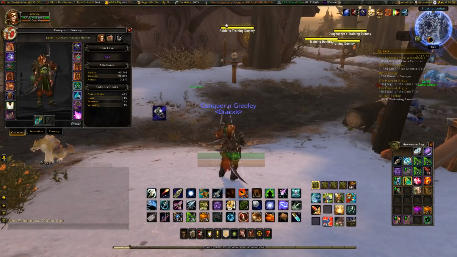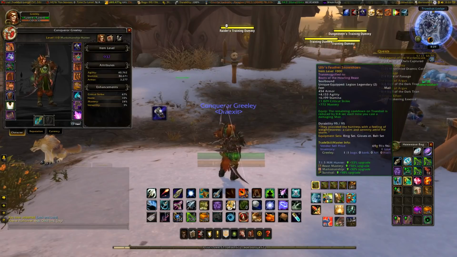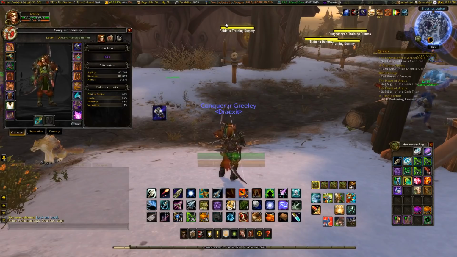Let's see here. In a perfect world, I would want to be wearing either the Soul of the Hunt Master or the Feather Snowshoes, and have these stats: 46, 16, 25. This is what I want. This is what I want my stats to look like once I have gear from Antorus, which unfortunately is really